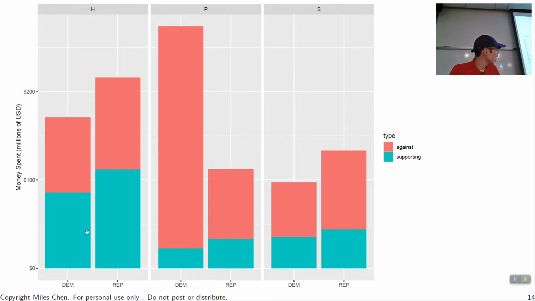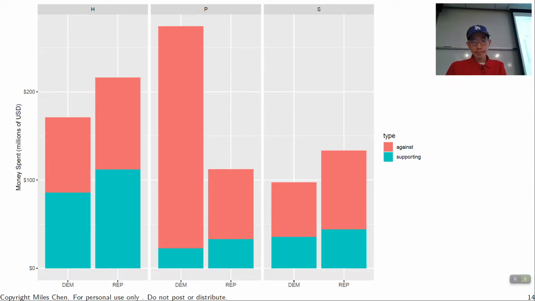We can see a clear difference here. And as far as money pro-Republicans, actually in all offices, money pro-Republicans is a little bit more than money pro-Democrats over here. And then here the anti is similar for both, and here the anti for senators is a little bit more than over here, okay? And this is what we see when we're looking at some visualizations, okay?